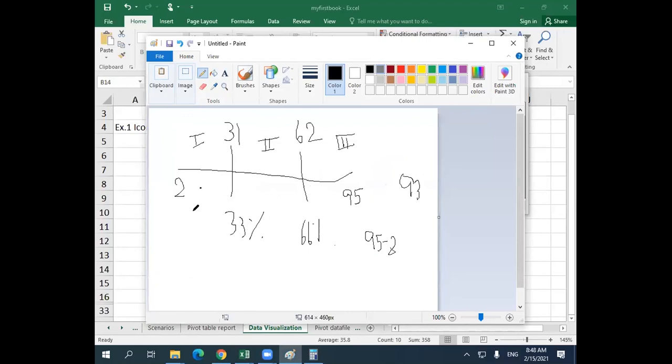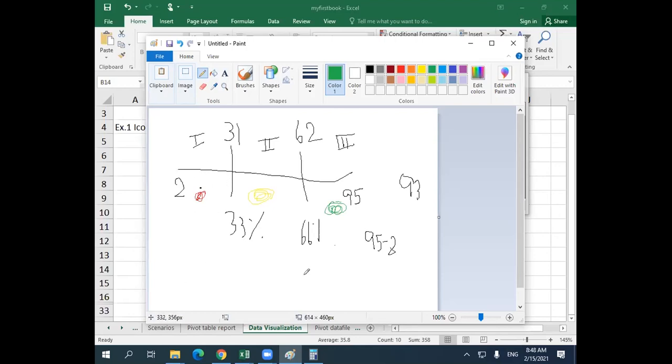because our icon set has 3 colors, red, yellow and green. So that's why Excel has to separate the values into 3 groups according to the range. For when we have 0 to 100%, the first group will be on 0% to 33.33%. Second group will be 33.33 to 66.66. And the last group will be 66.66 to 100%. And then we just multiply the value to the percentage accordingly